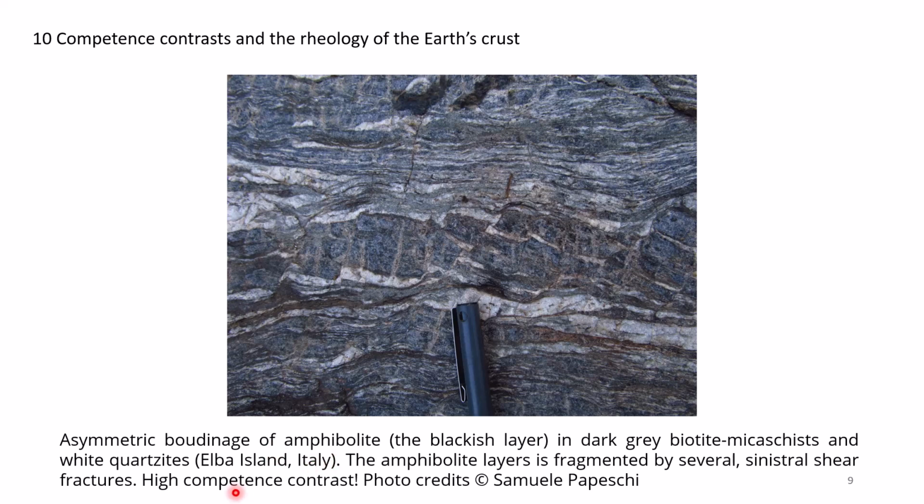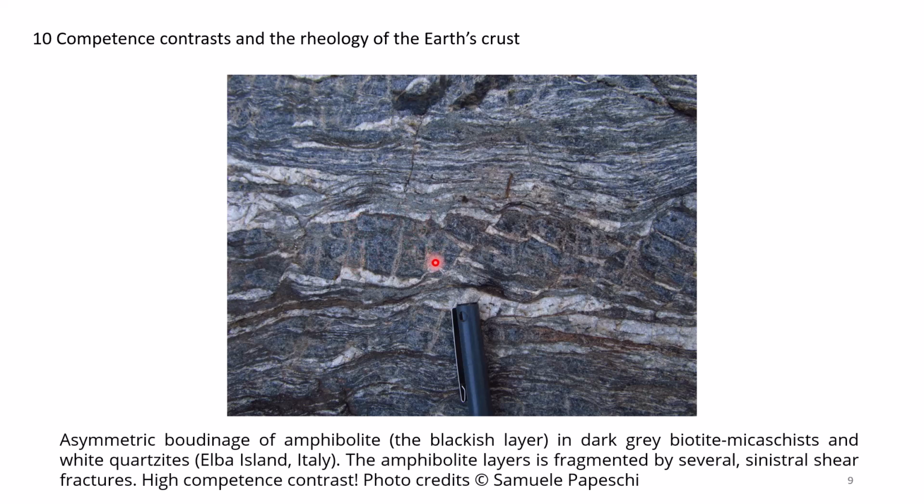Here we see an example from Elba Island in Italy. This is an interlayering of amphibolite, which is the highly competent blackish layer, interlayered with biotite mica schists that we see here on top and on the bottom. And we can see the expression of the competence contrast by observing a spaced foliation and intense ductile stretching of quartz-rich domains in this mica schist, as opposed to brittle failure in the amphibolite layer, where we see here sharp